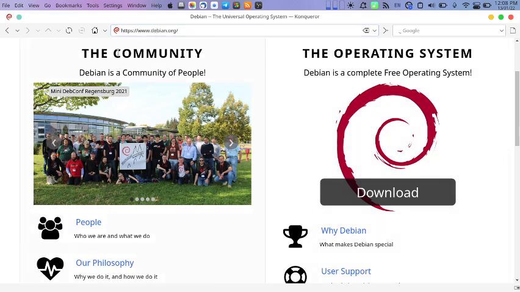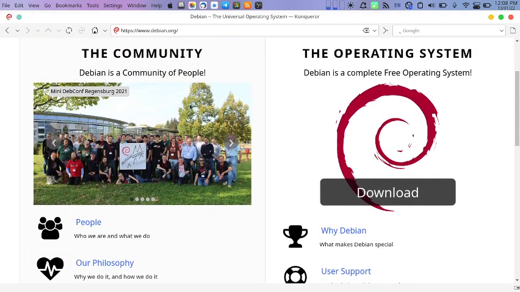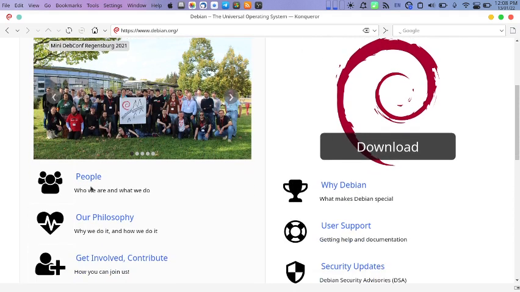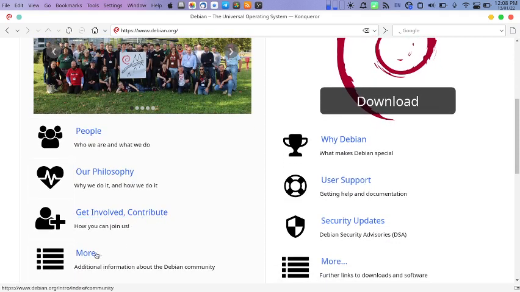www.debian.org. Now on the left hand side you can see the community page. Debian is a community of people, which in very short best describes what the community is for. In the people section, you get to know who the people behind this project are and what they do. Then there's the philosophy of free software. Third is getting involved and contributing. Additional information about the Debian community is here,